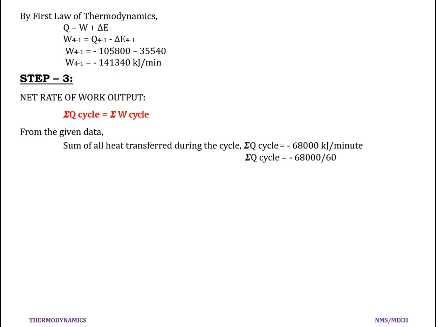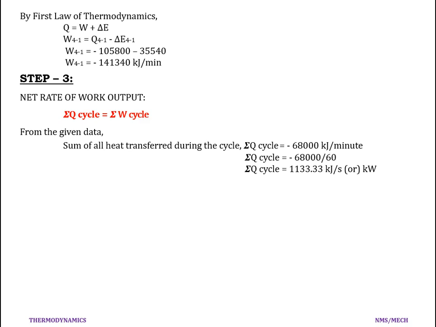Okay, but our question is to compute the net rate of work output in kilowatts. Kilowatts is the unit. Watts is nothing but joule per second. So if the value is in kilojoule per second, we write it as kilowatts. But how is our value? It is in kilojoule per minute. So first of all we should convert the unit from kilojoule per minute into kilojoule per second. For a single minute we know there are 60 seconds. Therefore I divided by 60. So I get the value of 1133.33 kilojoule per second or kilowatts.